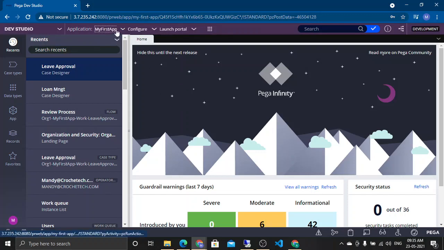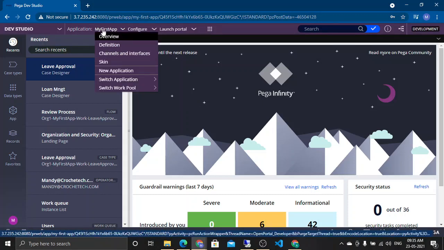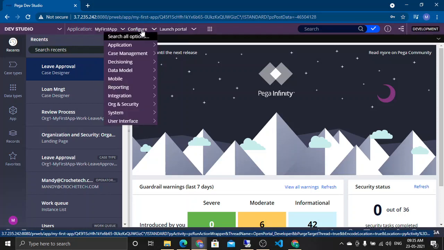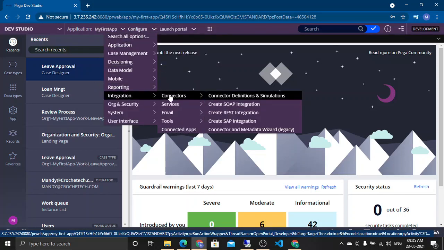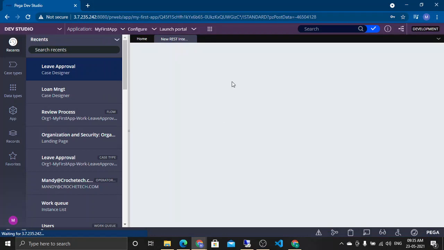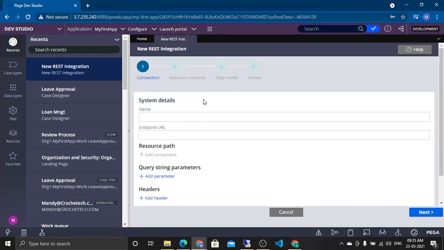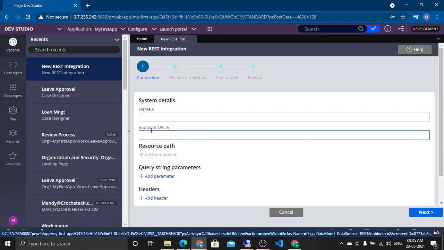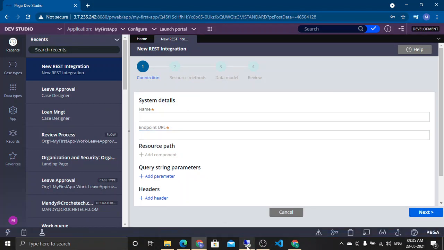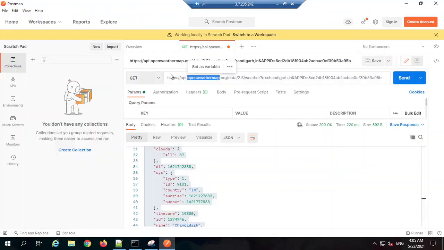Now we will see how we can do that. So you basically click here on your application. No, sorry, apologies, Configure. Then you go for Integration, and it is a sort of connector. You are connecting to some external service, so it is a connector, and I know it is of type REST because I know from the API documentation. The most important parameters are the endpoint and the authentication. How will you get the authentication? Okay, so let me copy this data.